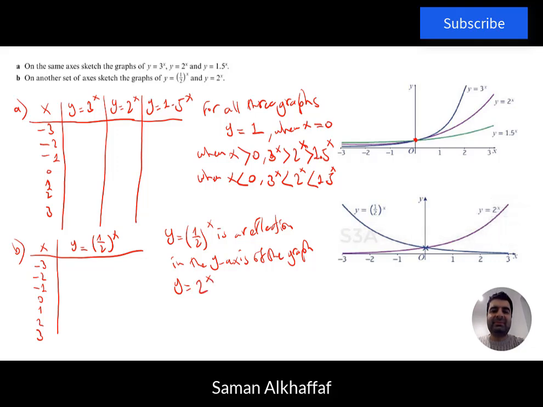Now how do we prove that? The way we can do that is we can represent half in the form of 2 to the power of -1, and if we are subbing that in the form of x, because we have 2 to the -1 to the x, because this is the original formula that we have,